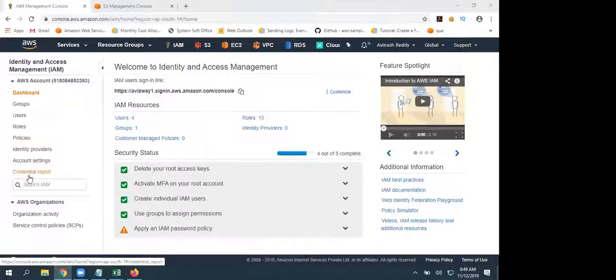Then we will discuss how we can monitor or track all the activities performed by an IAM user, and the policy simulator: if you apply these policies, what activity he can perform. All those things we will discuss in our next session. Okay, so thank you, guys.